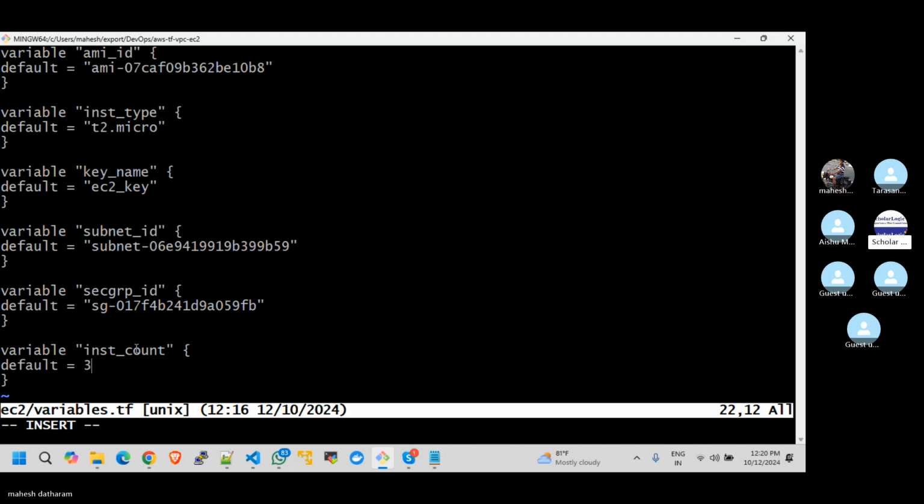So here you have to change according to your environment. First of all, change instance count to 1. Go to insert mode by pressing I, and then go to the default last line. Yeah, change the instance count to 1, and